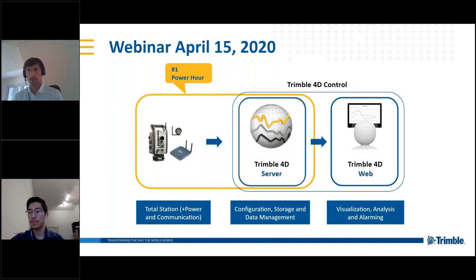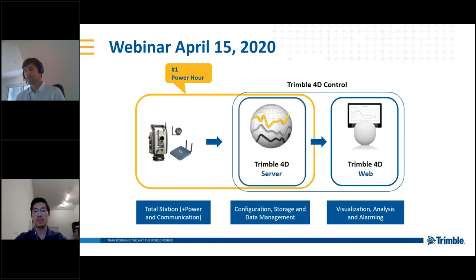It controls and manages the total station, and thus it ensures an uninterrupted and continuous data flow. On the T4D side, the last time we did all the geodetic configuration. For example, we did the station setup, we defined our backsight points, and I think we also configured the